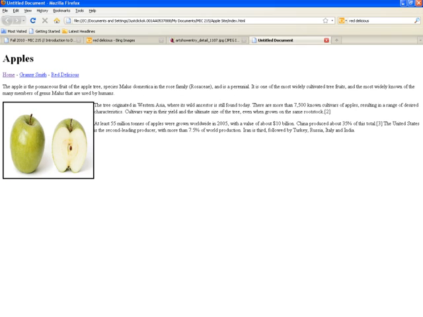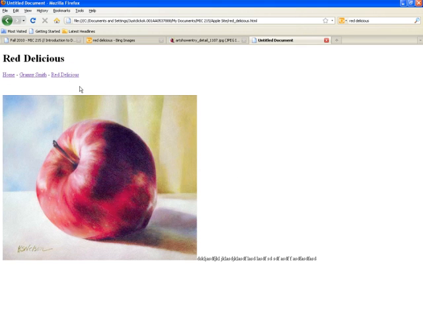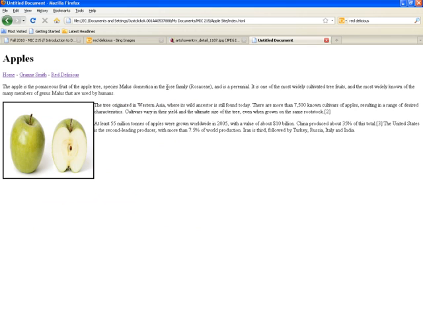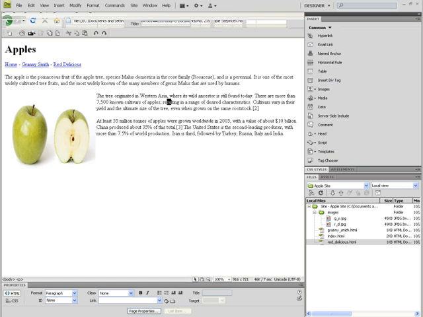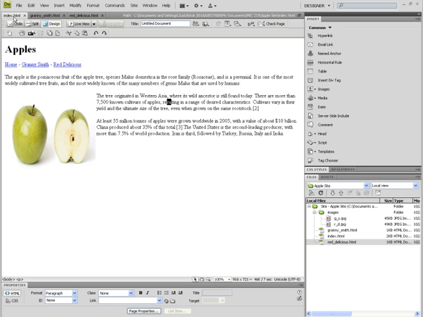I think I forgot something. Okay, anyway, so here we are. That's the web page, the home page. I click on Granny Smith, Red Delicious, home page. One thing that I forgot to do is the title of the page, the untitled. That's not good. So let's go back here, go to index, and then